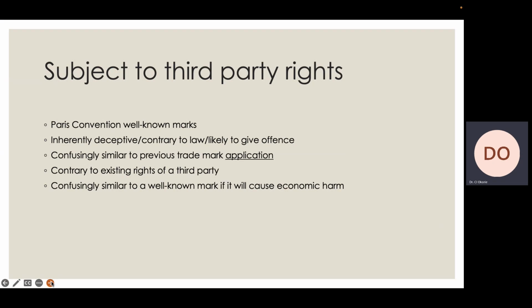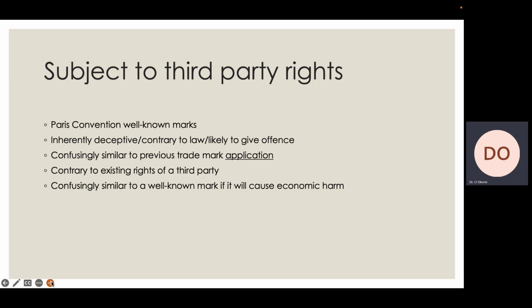you have a Paris Convention well-known mark. Now, this is a mark that is in another country. They say it's a Paris Convention country, just like South Africa, and they have a well-known mark there, and you now want to register that same well-known mark in South Africa. You could be successfully opposed on the basis that this mark is subject to third-party rights. Or let's say the mark you want to use is inherently deceptive, it's likely to give offense,